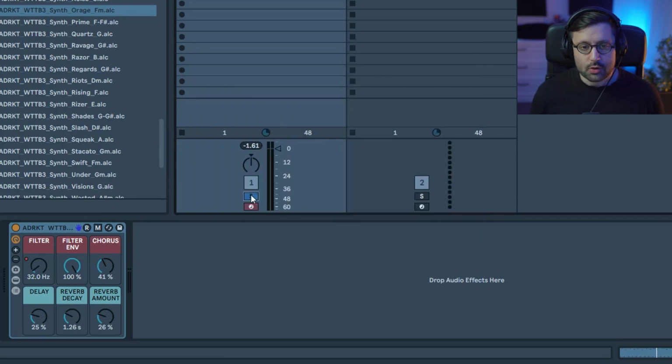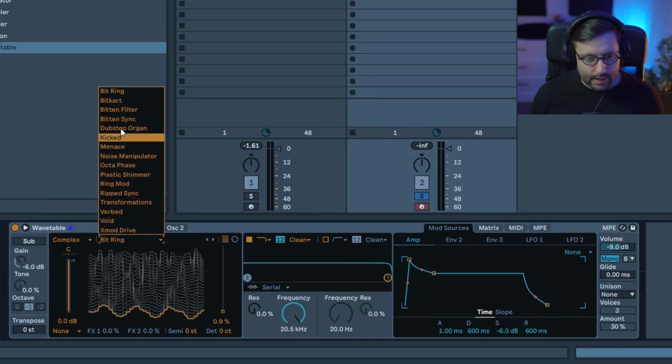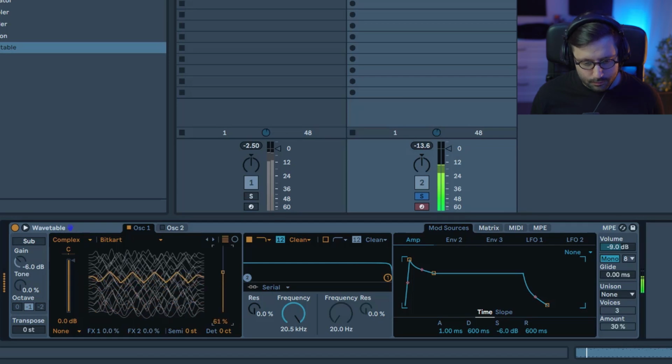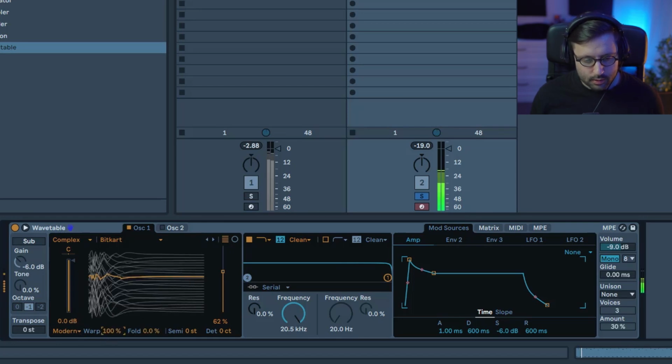But yeah, let's jump into it and let's grab Wavetable. So you need to set the synth in mono and go to complex and select bit count and go around 62%. And then add some modern effect with the warp at 100%, which is really nice because it adds this nice